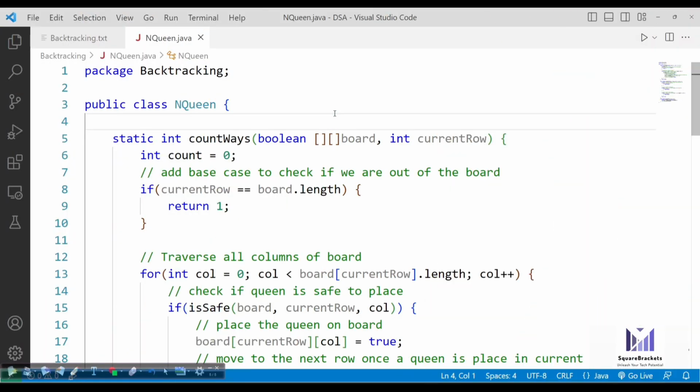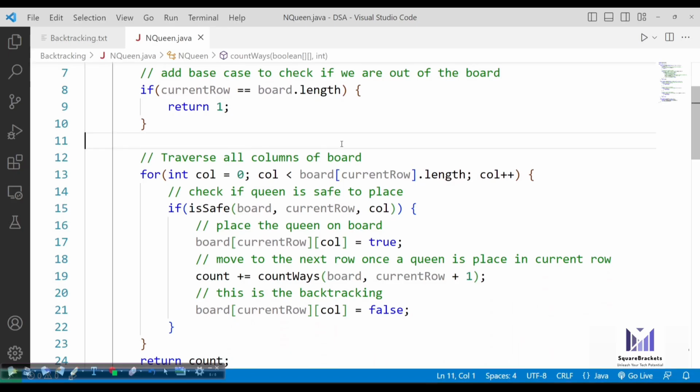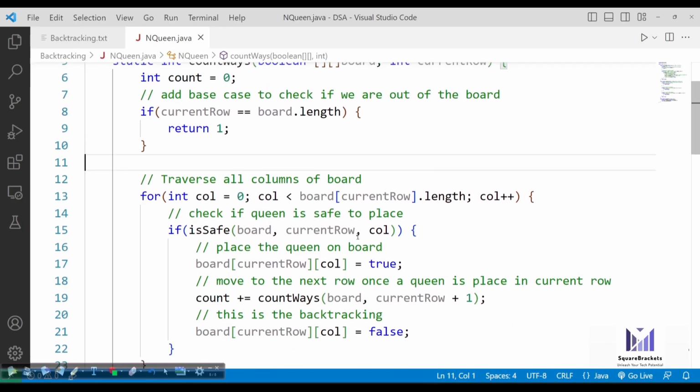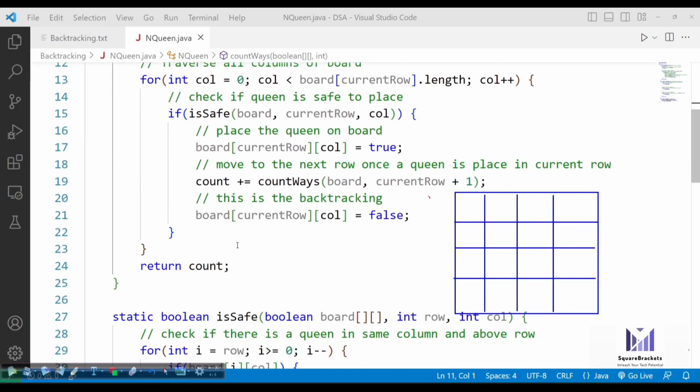So now let's understand how exactly backtracking is working for this particular code. We have a 2D array. If you have a 2D array of Boolean type, it means all the indexes by default contain false.